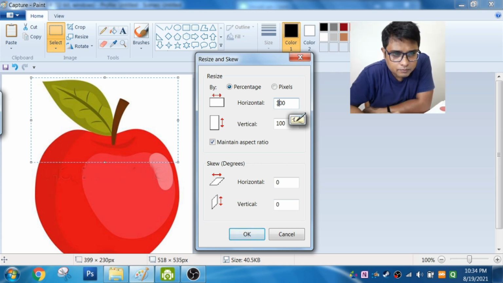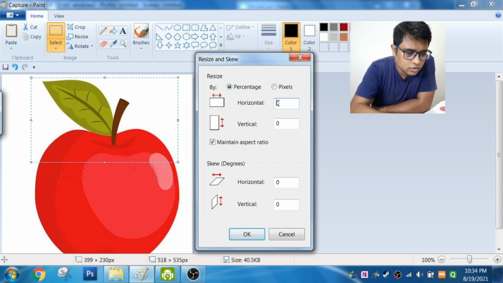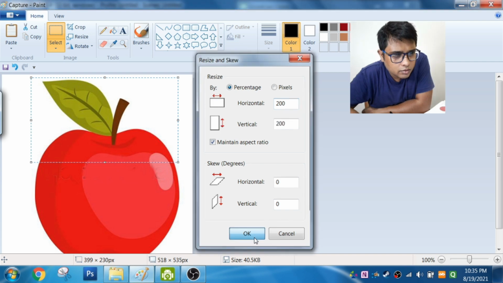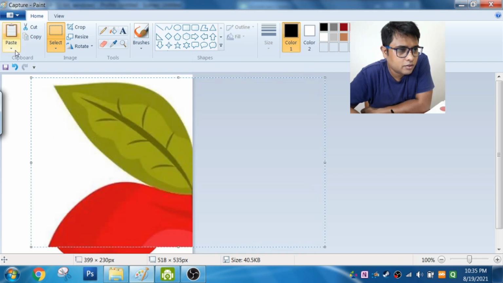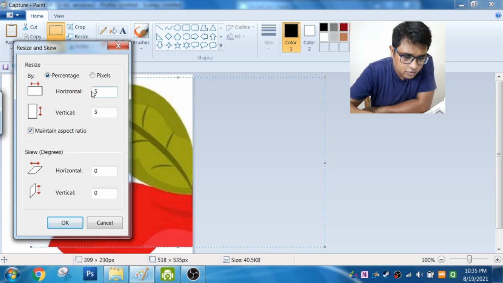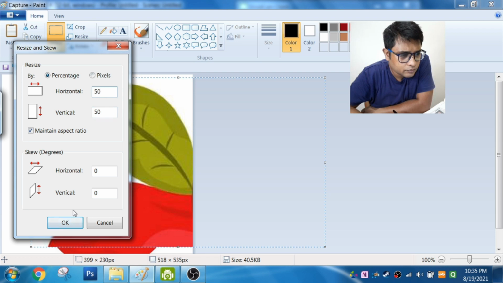Okay, suppose I'm going to make it 200 and click on OK. You see it became so big. Now I want to resize it again and I want to make it smaller, very small. I want to make it 50. I click on OK.